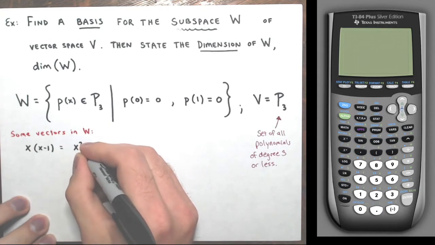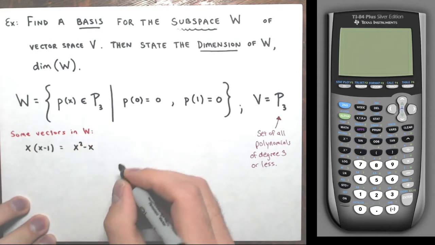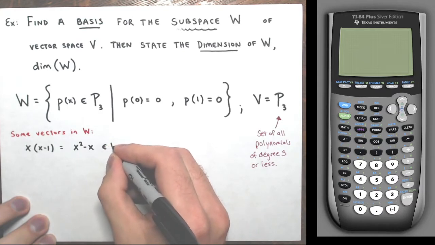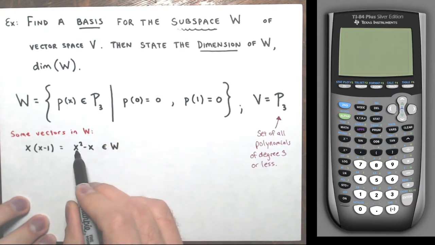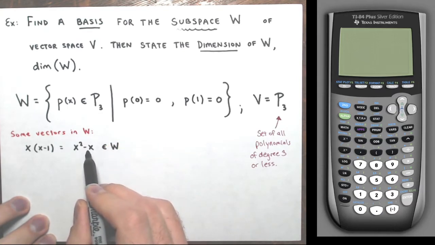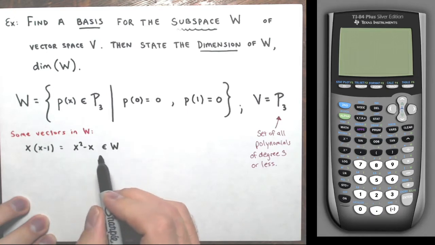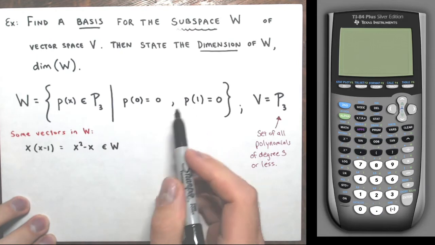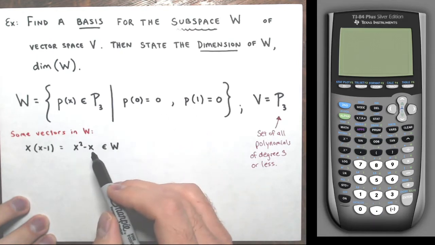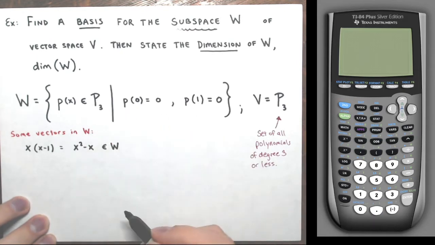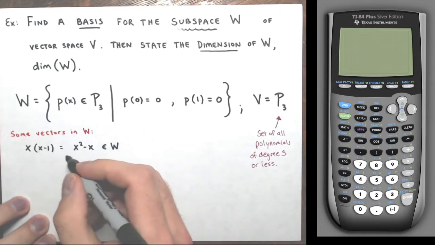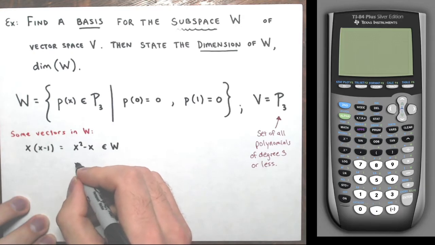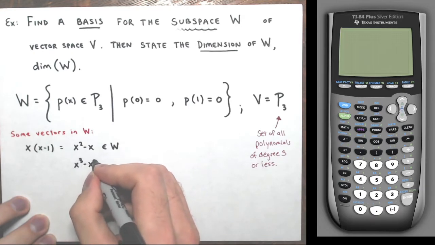So x squared minus x would be in W. That's a polynomial of degree 3 or less, it's degree 2, that when I plug in 0, I'd get 0, and when I plug in 1, I'd also get 0. So there's one vector. I could multiply this again by x and get x cubed minus x squared,